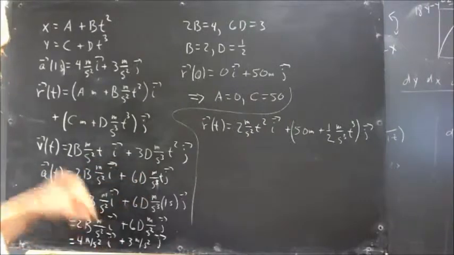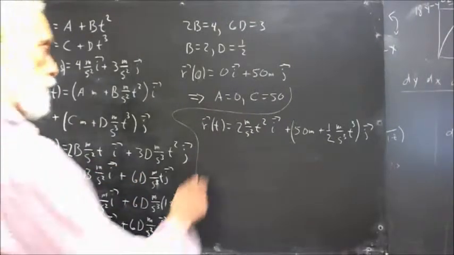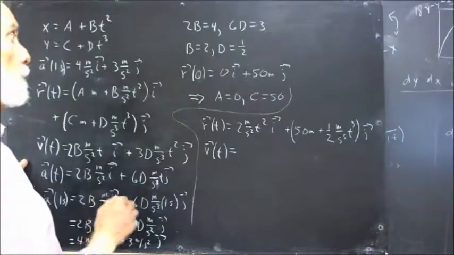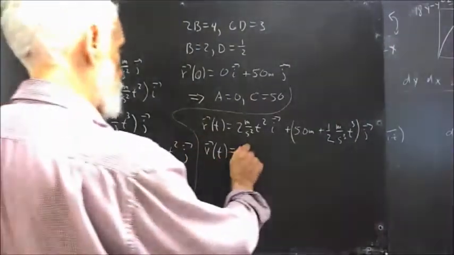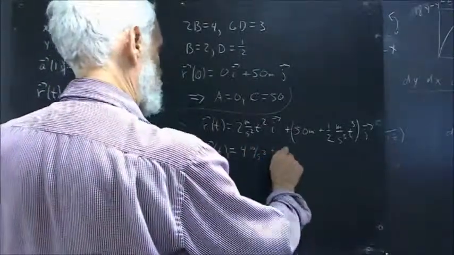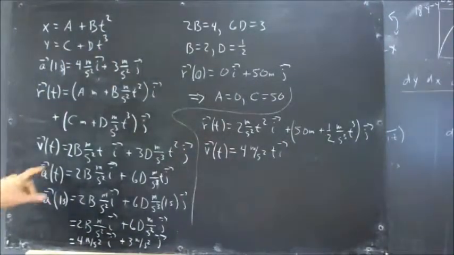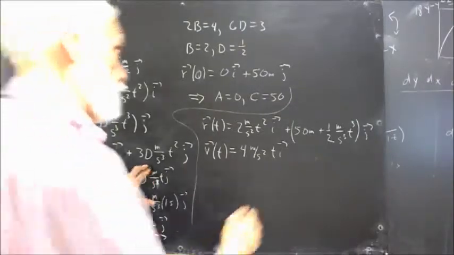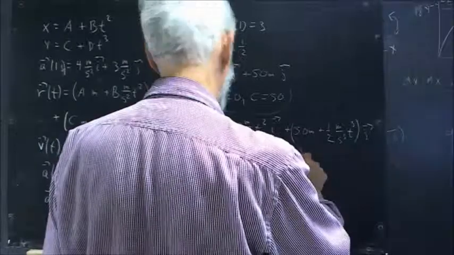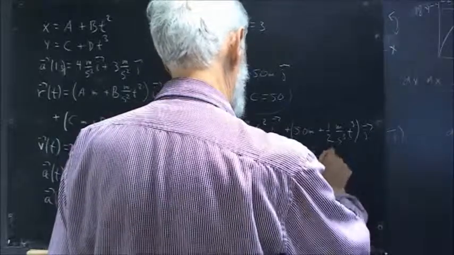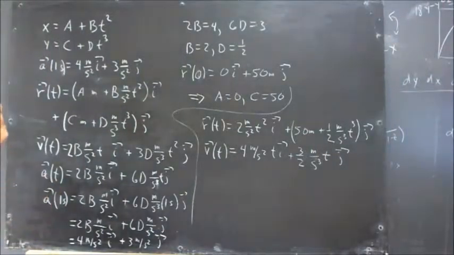We plug in our values of b and d, so we get velocity as a function of t equals 2b, b being equal to 2, so that's going to be 4 meters per second squared times t times i, and the j component, 3d, d being 1/2, so that's going to be 3/2 meters per second cubed times t times j, and our acceleration function